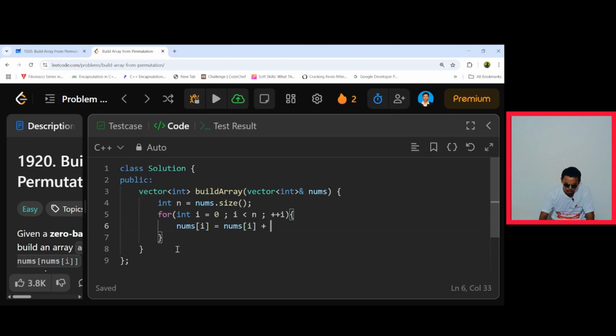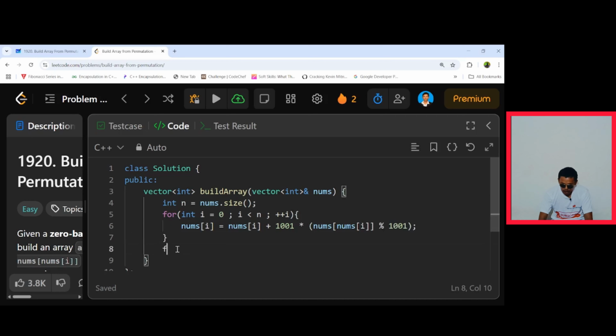Now you are simply applying the trick. What max value are you taking? It's nothing but 1001 multiplied by your new value. What is the new value? Which new value do you want to replace it with? That is nothing but nums of I modulus again your max value.